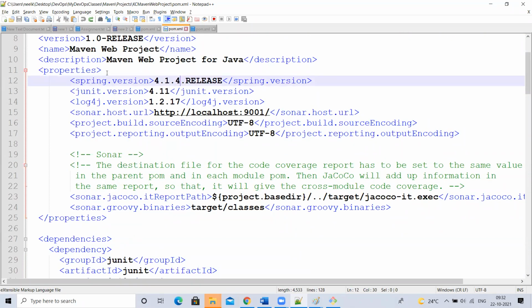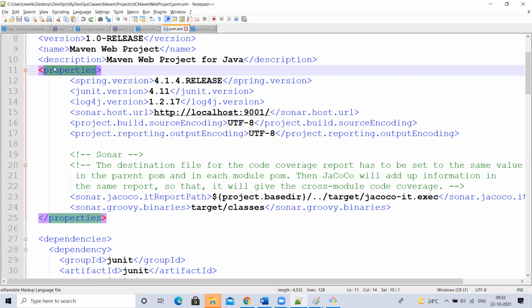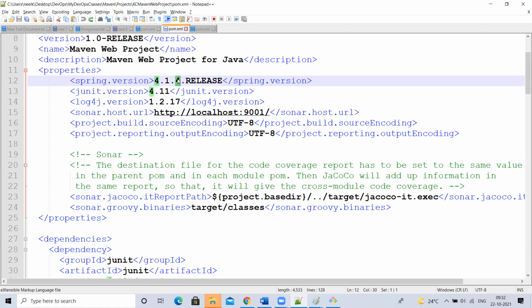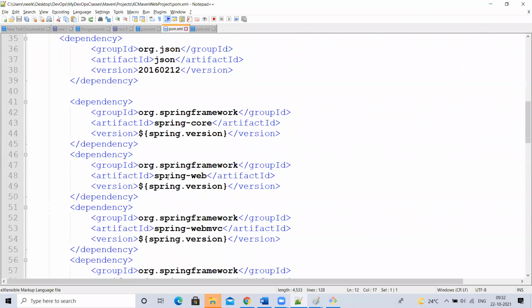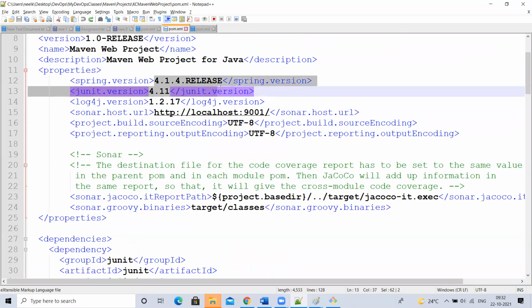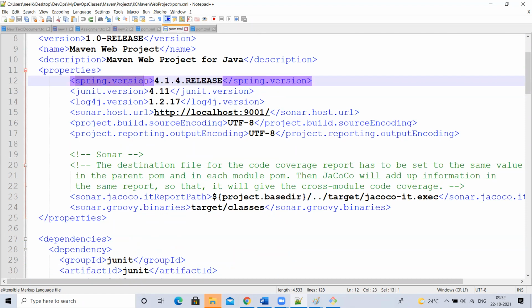So in such cases, you can use this properties element. Under the properties element, you can write a property name and some value for it. You can use this wherever you want, and dynamically read that property value like this. So later, if you want to change it, you can change it in one place. Wherever you are reading this property, the value will be affected in all places. Understood, guys?